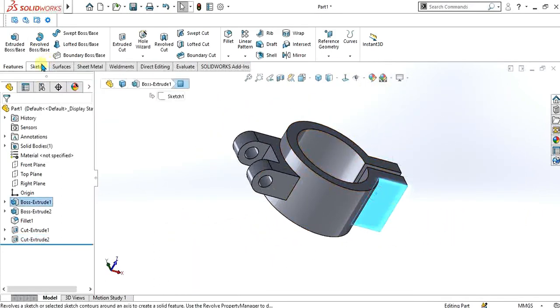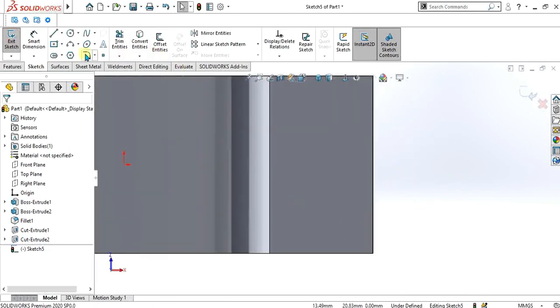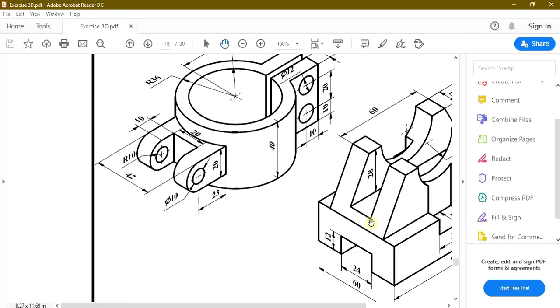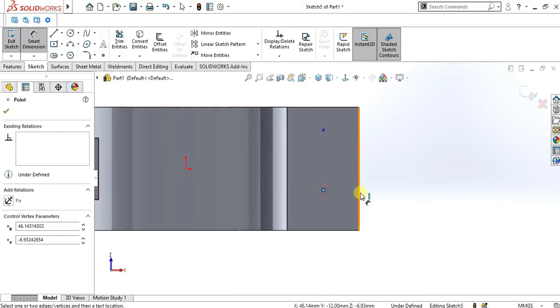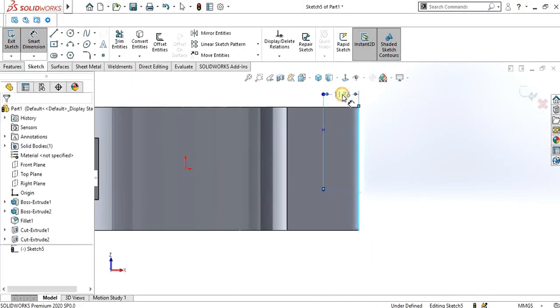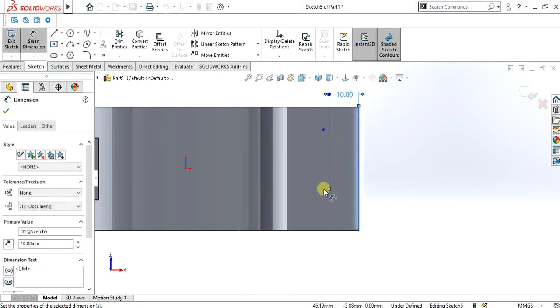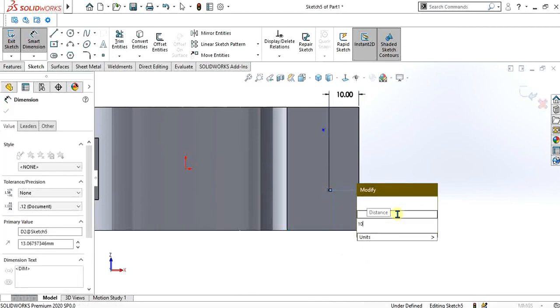Now we will make the holes in this area. Again make the reference point and give it the dimension. So the horizontal dimension is 10 and vertical dimension is 10 also. So make the dimension from these 2 points of 10 mm and from this point to this edge of 10 mm.